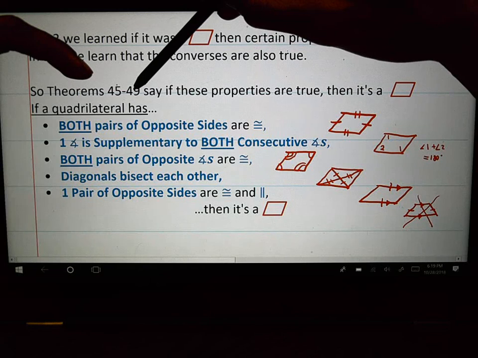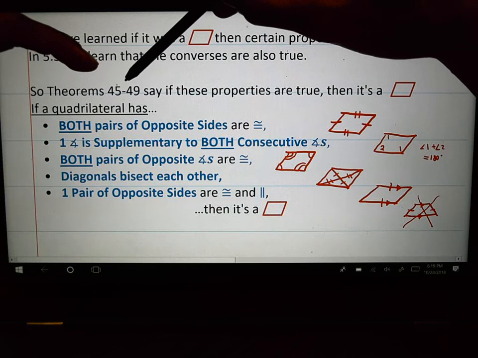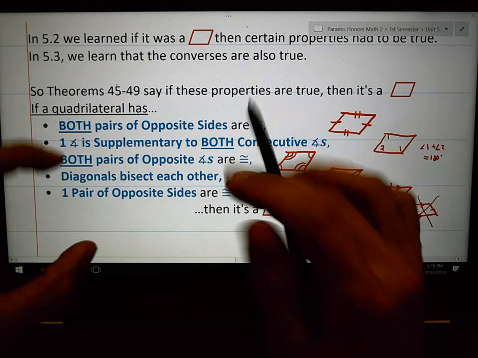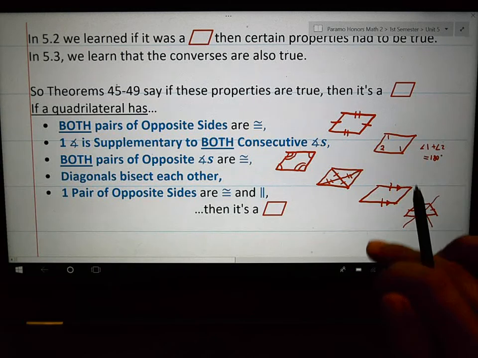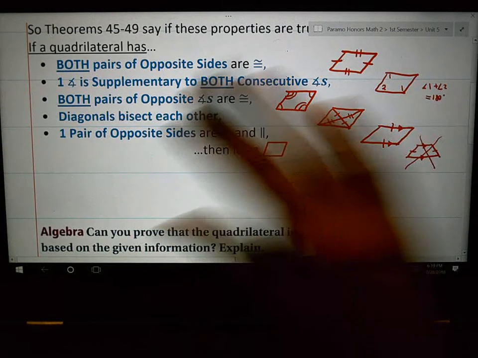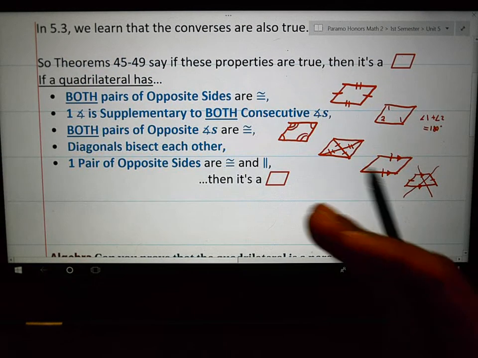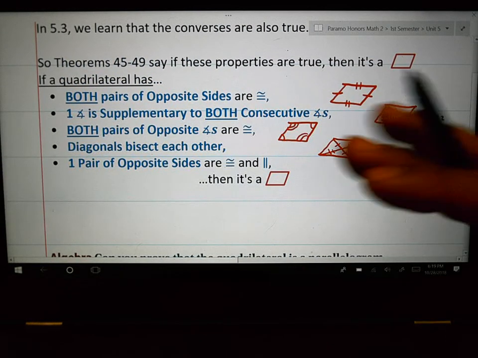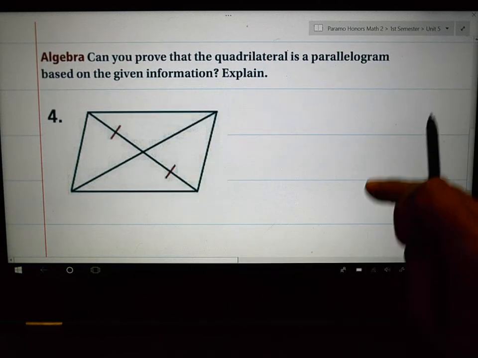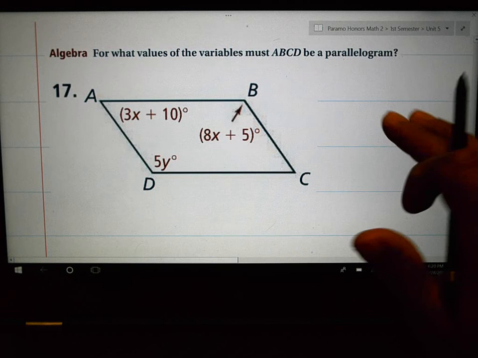These are not like fancy Pythagorean theorem names. They are numbered from this textbook. So it's not like you have to know their names. You just have to know that these properties prove that something is a parallelogram. If you understand that, you should be able to do all the problems that I have assigned in your homework. But just to get you started, I have 2 examples for you that we're